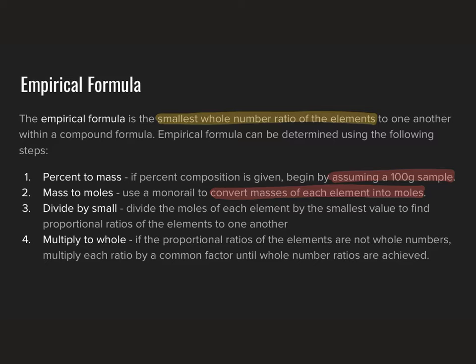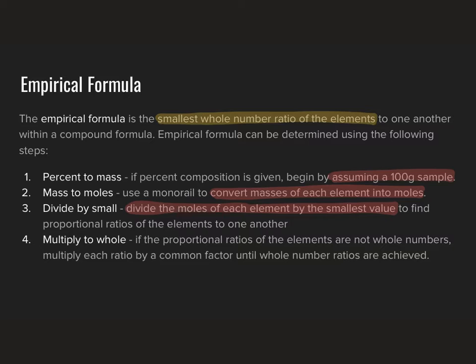But because we're expressing this as a whole number ratio, we are going to need to make a division next in order to set all of the proportional ratios of the elements to one another to some sort of whole number ratio we can compare them to. And the easiest way of doing that would be to just look at the number of moles of all the different elements present and simply divide all of those number of moles by the same smallest number of moles present in our compound. You remember that step we called last year the divide by small step. And the net effect of this is to simplify our molar ratios within the compound